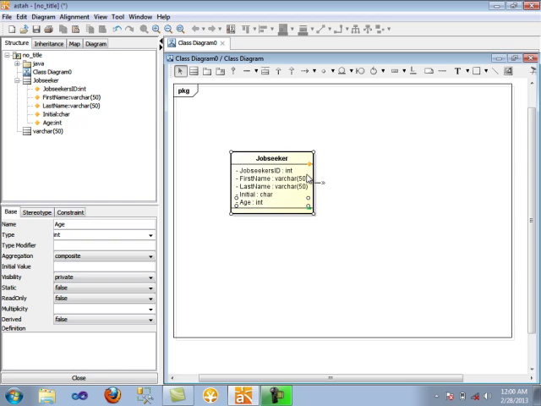Next, I will add another attribute, the job seeker's address. The address must be in a data type of varchar. Varchar, and the length is, I'll put here 100.